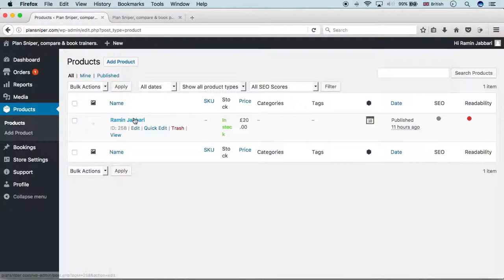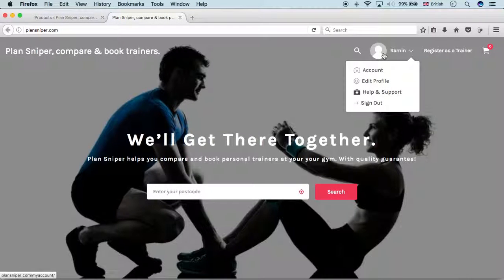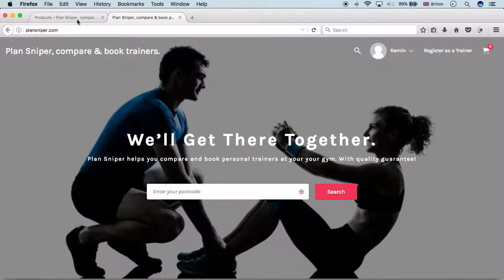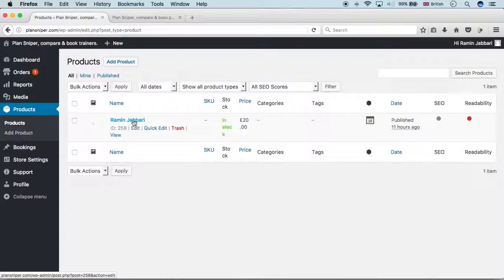Here you'll see that a product has been created with your name. Please ensure that you do not edit, delete, or add a new product, as this is the only one that is linked to your calendar, which will appear later on your profile. So now we will click on your name,